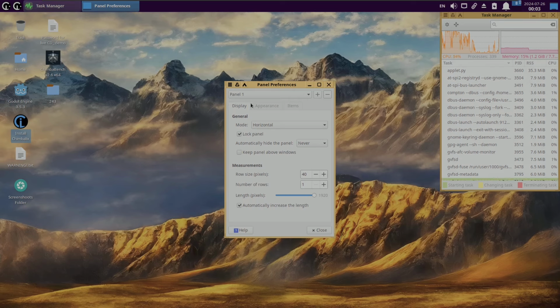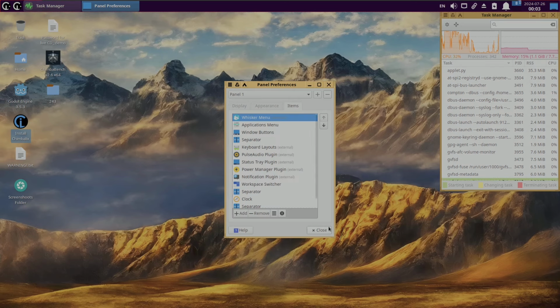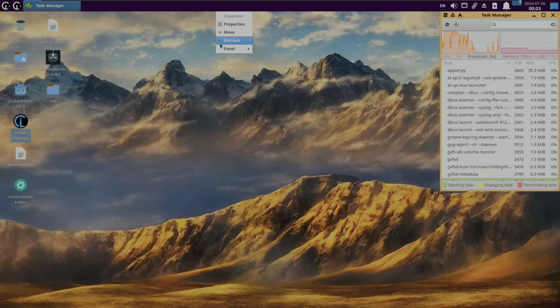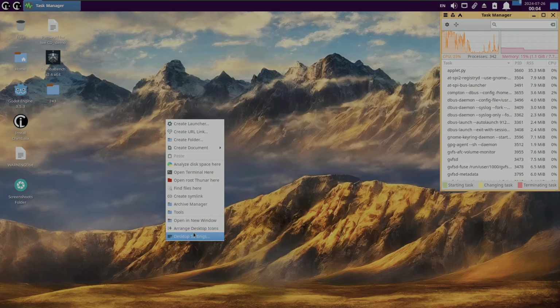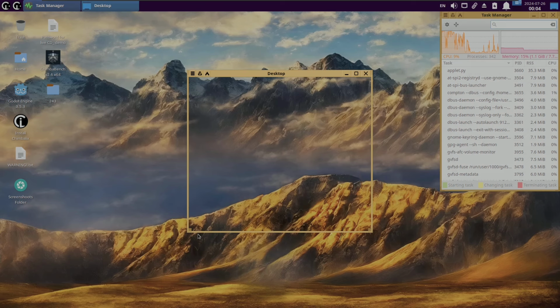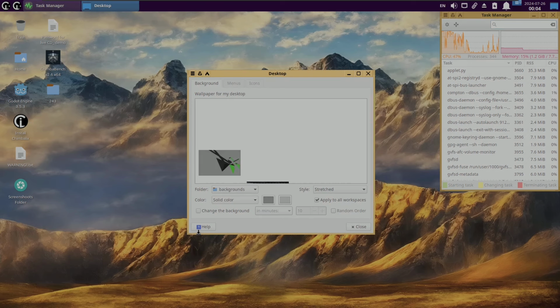So panel preference, again you don't get any new things here. It's kind of like MX Linux, so you should be seeing everything kind of like that. Just some two app menus are available here, and some other changes should be here, like desktop backgrounds and all those things. So let's see what are the backgrounds we get in the